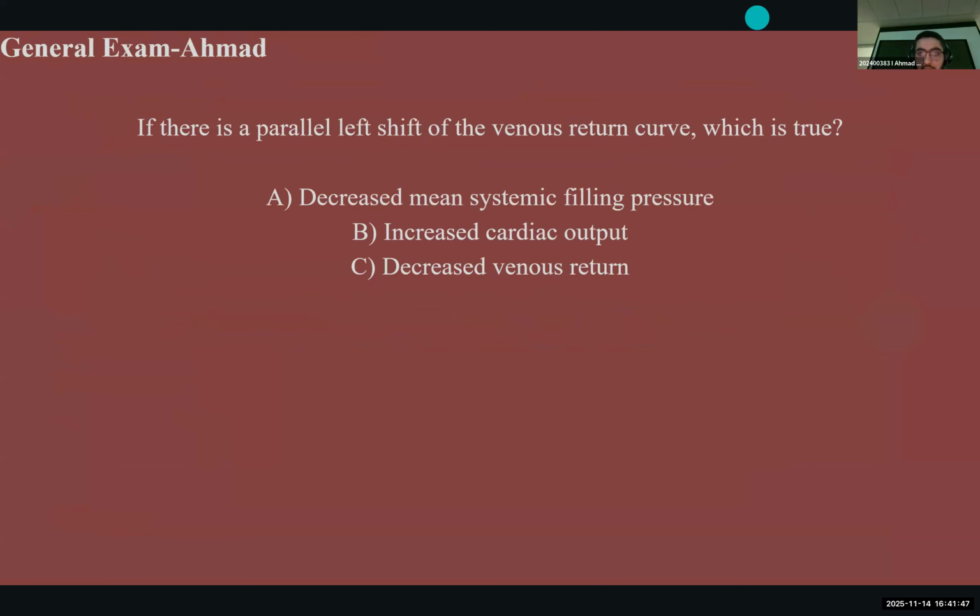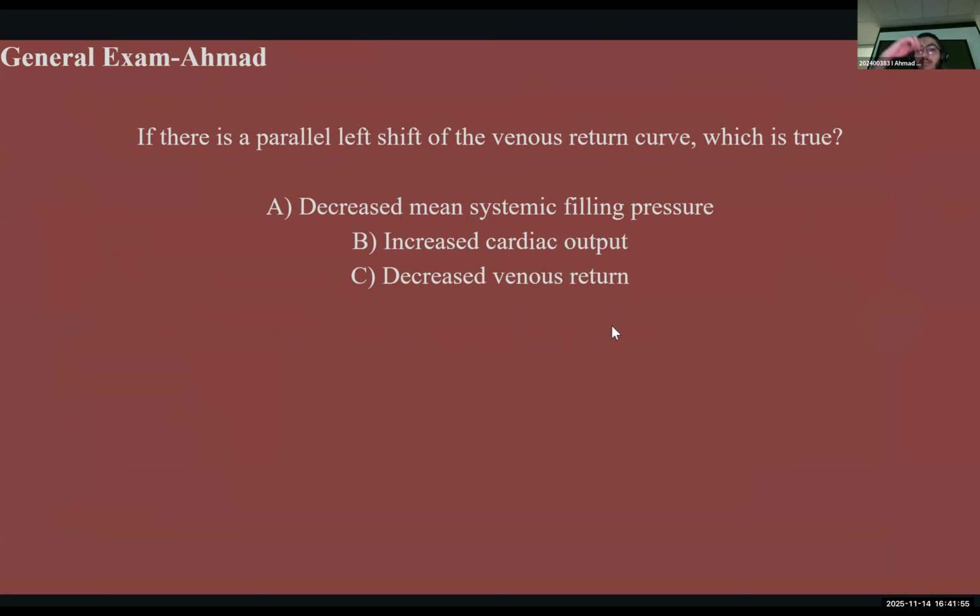Is it this one? Yes. Okay. Can they both be right? Oh, wait. Okay. Wait a little. Use venous return. Okay. This is okay. No. C is not wrong. So this is my bad, guys. I'm not sure why I put it like that, but yeah, C is also correct. Both of them are correct. So this was my bad, guys, again. But yeah, decreased venous return is also correct because it's a left shift and it will cause a decrease. Yes, you guys are right. So I'm sorry, guys, if I confused you, but you are right.